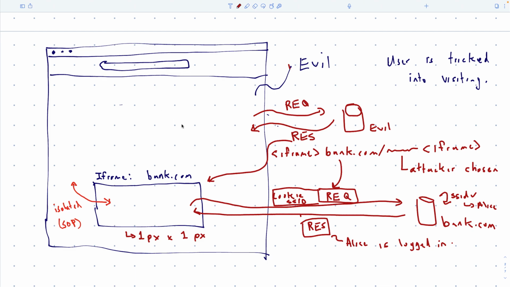Okay, so there's no way for the attacker to know the cookie. The attacker can't get the cookie, but the cookie's actually being used, right? So it seems like a contradiction. The cookie's getting sent by a website that was created by the attacker, but the attacker doesn't know the cookie. So it's only possible because the browser's the one that's putting the cookie there. Okay, so the adversary is controlling everything that's in the request, but it's the browser that's dropping the cookie in front of the request, and the website can't do that.